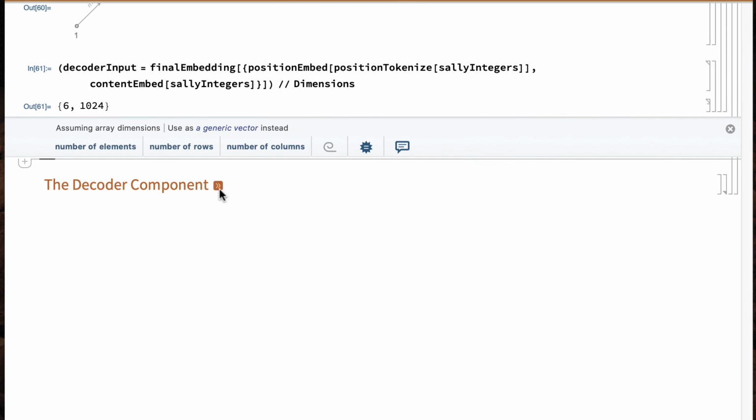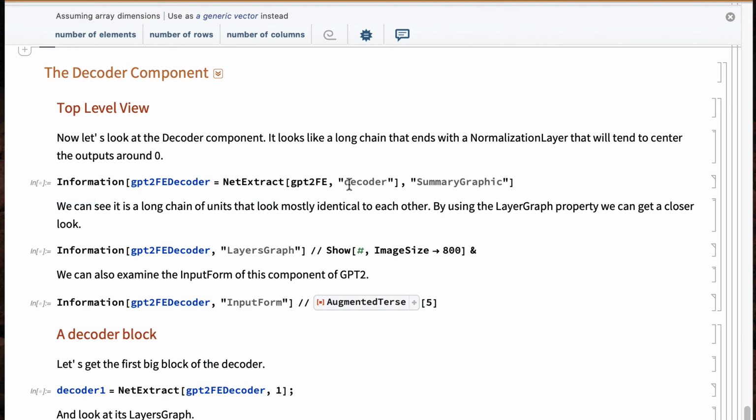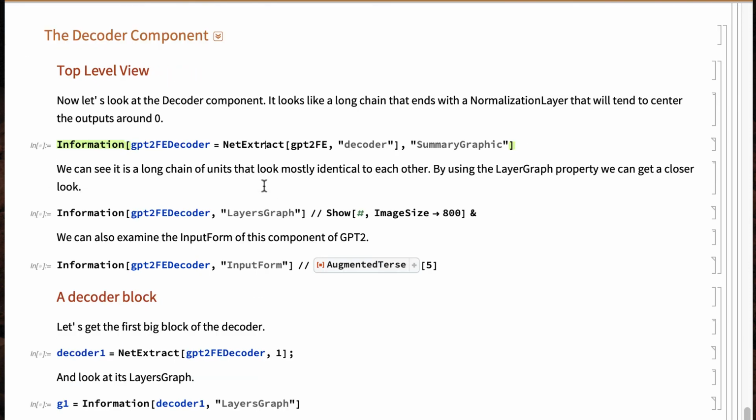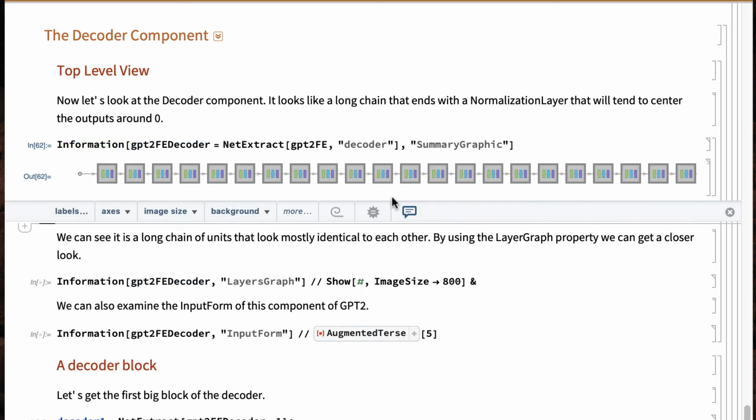Now let's look at this whole attention layer transformer bit. So let's grab that whole decoder chunk of the feature extractor. And you can see it's a long chain of things that look pretty much like identical blocks.